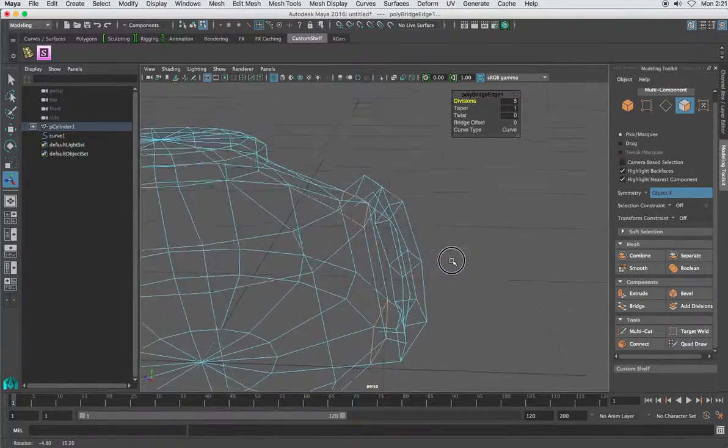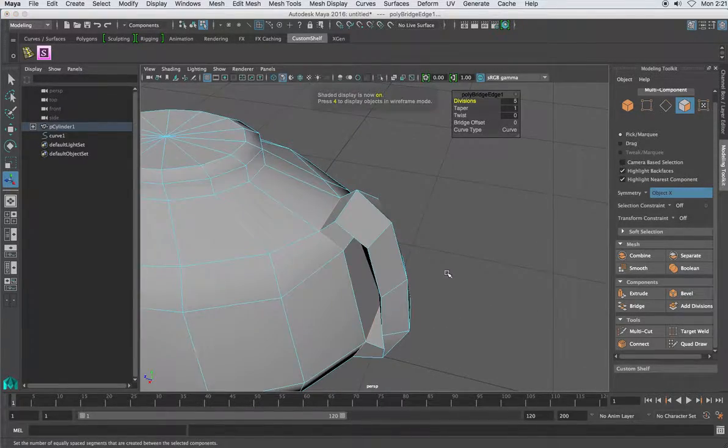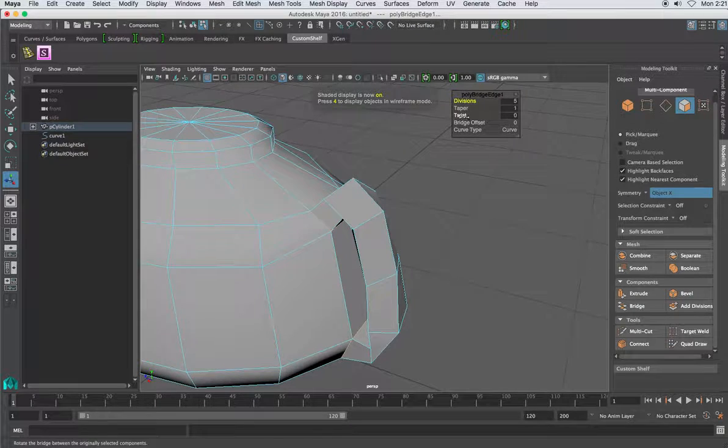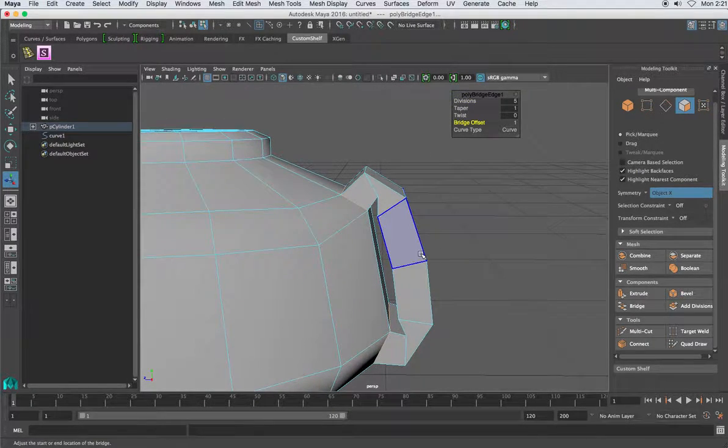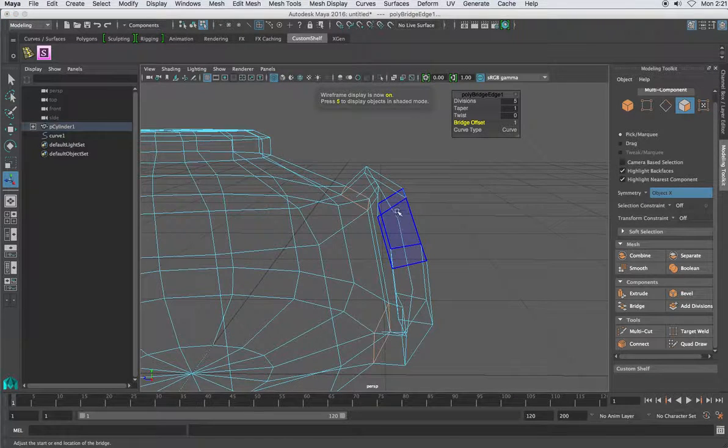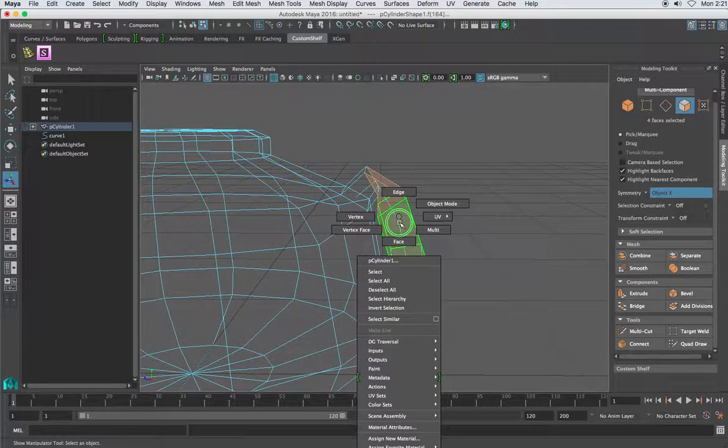and again I'm going to hit 5 to go back to shaded mode. It's twisted, so we take the bridge offset, and now it's not twisted anymore. Go to 4, and then that line in the middle is the curve. So we want to